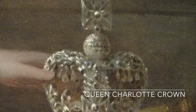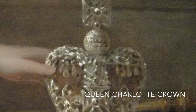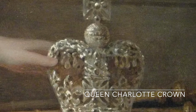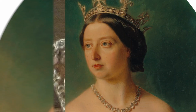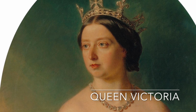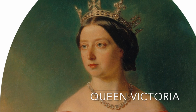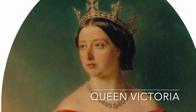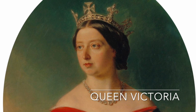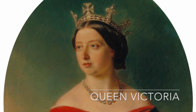This crown, now among the heirlooms of the Royal House of Hanover, left the British Royal Collection following the end of the personal union between Great Britain and Hanover in 1837, when Queen Victoria ascended the throne. Due to Salic law, which forbade female inheritance, her uncle Ernest Augustus, Duke of Cumberland and fifth son of George III and Queen Charlotte, became King of Hanover. Claiming his right to some of Queen Charlotte's jewels based on her will,